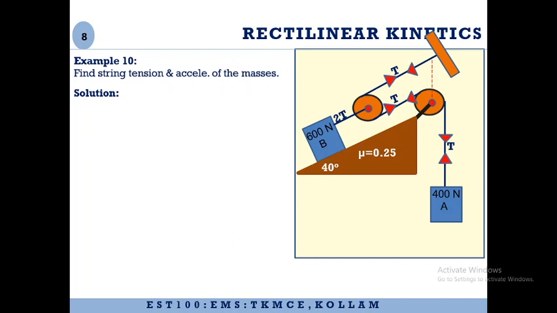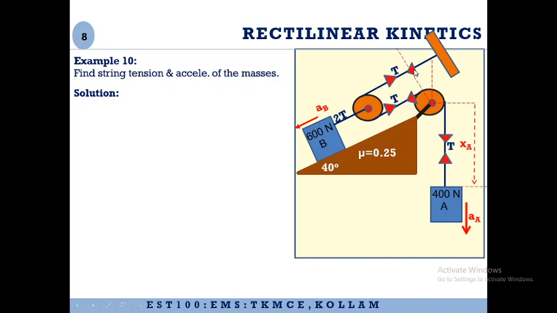Now the next thing is we have to develop the relationship between accelerations. We assume that accelerations are all directed away from the pulleys. Next we need the reference line. The rule for drawing the reference line is that it should be perpendicular to the strings connecting the blocks to the pulleys. So the first reference line is perpendicular to the string connecting block A to the pulley, and the second reference line will be perpendicular to the strings connecting block B to the pulley.